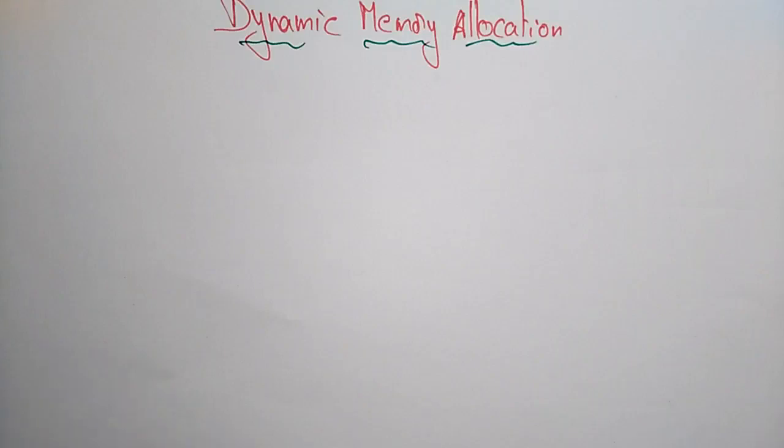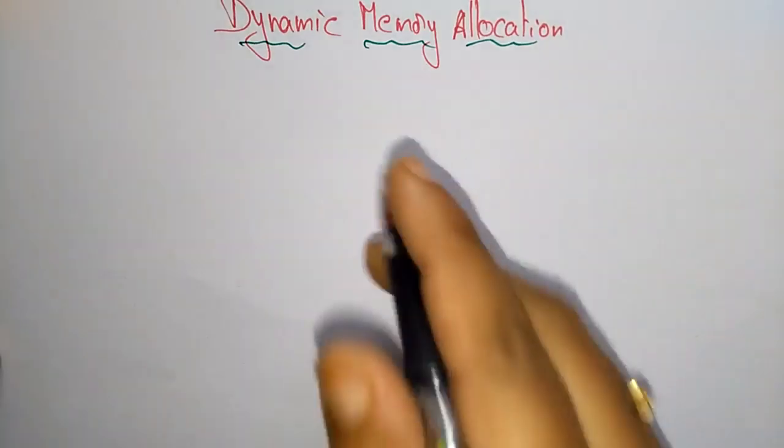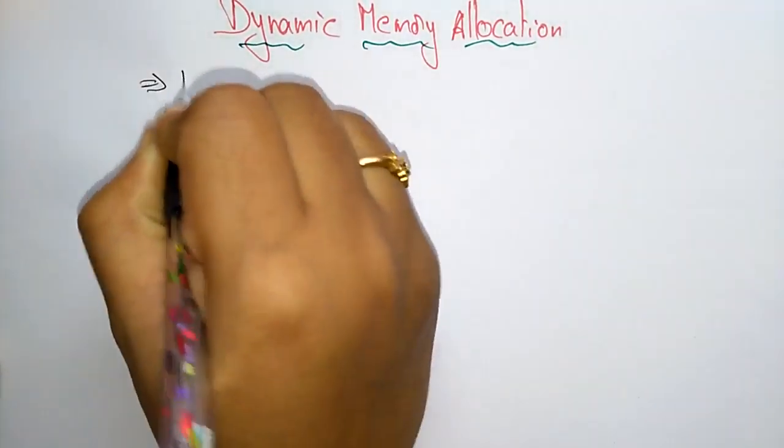Hi students, coming to the next topic, that is the delete dynamic memory allocation. In the previous video I explained about the new operator. For creating memory dynamically in C++ we use new and delete operators. New is used to allocate a memory space for the values, whereas delete is used to delete the memory space. So let us see the delete operator.